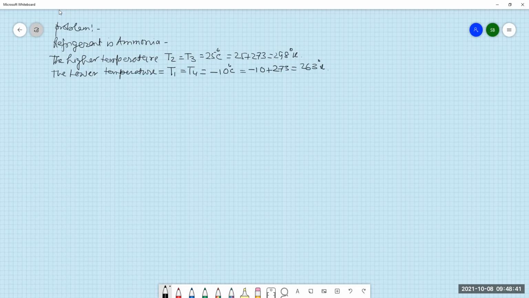And what are the other things given? That is H4 is equal to HF3, which is given as the latent heat at the higher temperature, which is 25 degrees centigrade, because